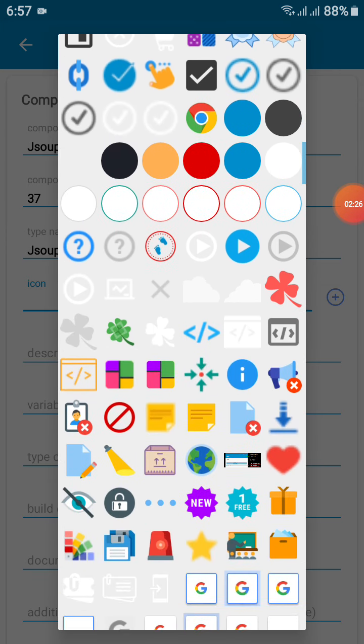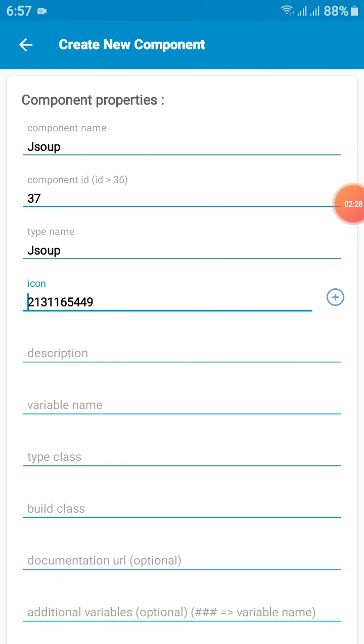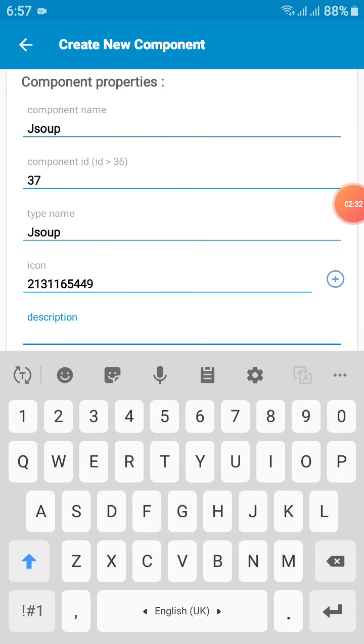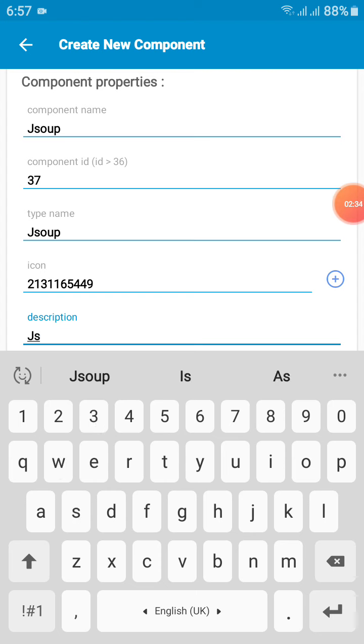I am selecting this JSON. And here you need to add the component description: JSON is used to collect data from any websites.